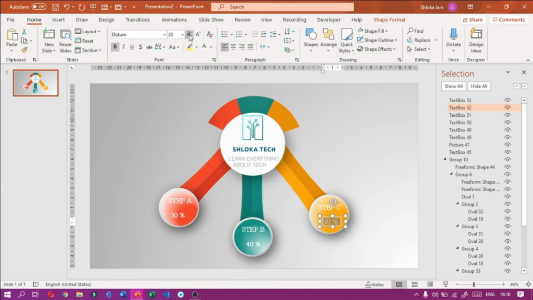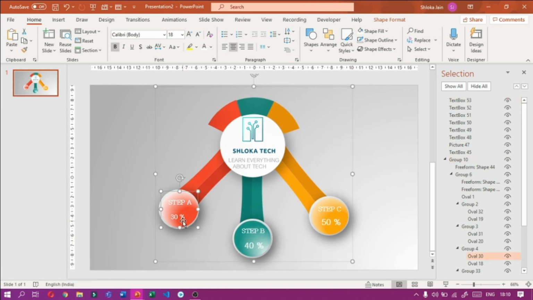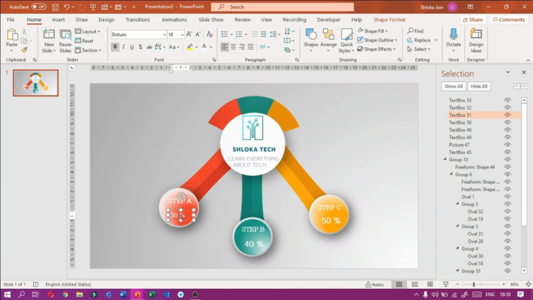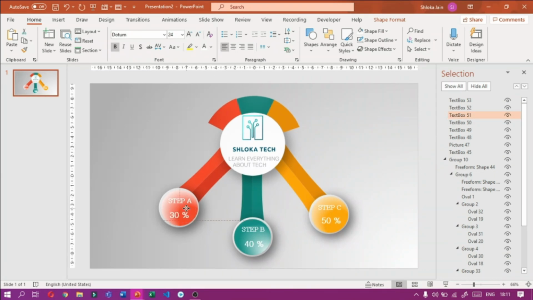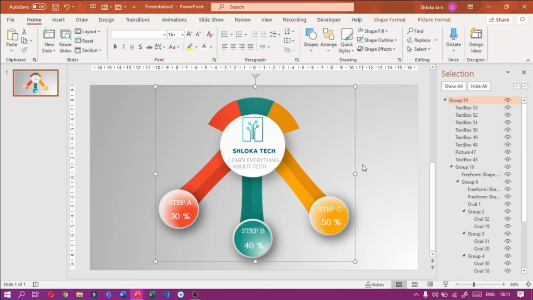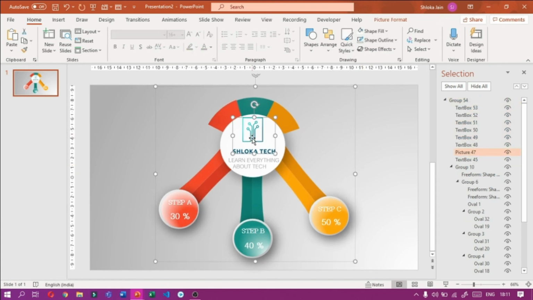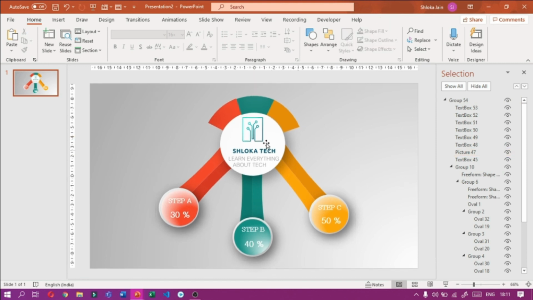Let me increase the size a little bit. Now I have pressed Ctrl A and then I am pressing Ctrl G. I am adjusting the logo a little bit.